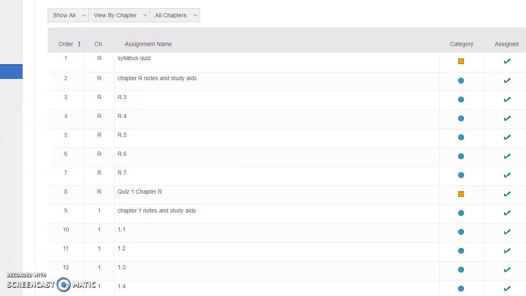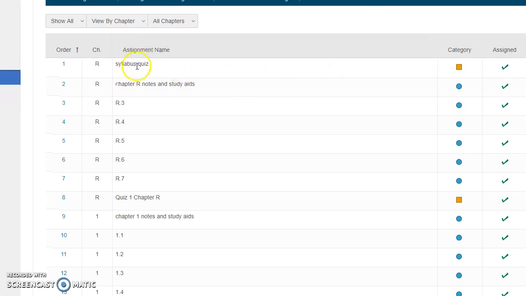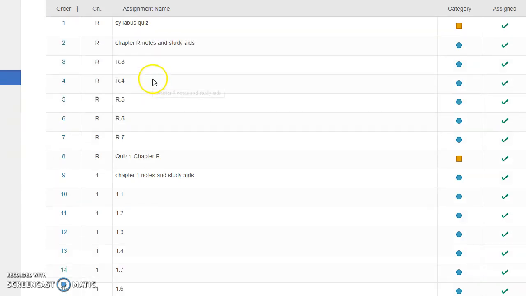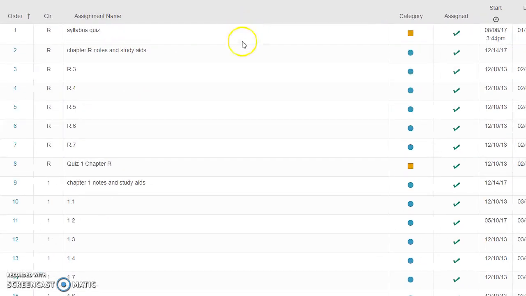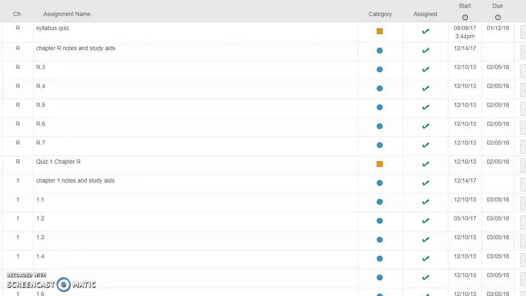under assignments. You will have a syllabus quiz. All of these things can be taken infinite times, so I expect you to do that until you achieve mastery, get your 100%. So take your syllabus quiz. That will be due by the first Friday of class, which is January 12th. There will be Chapter R notes and study aids. You'll see these study aids in each one of your